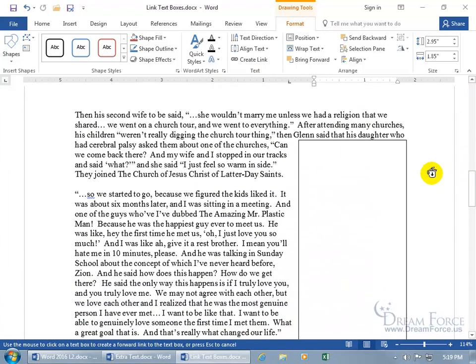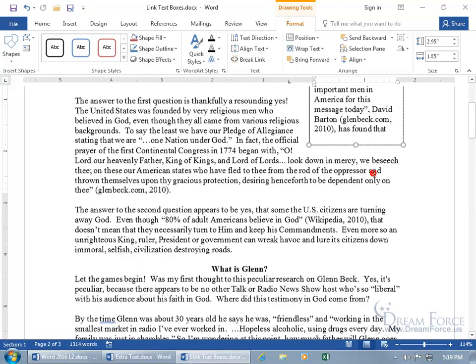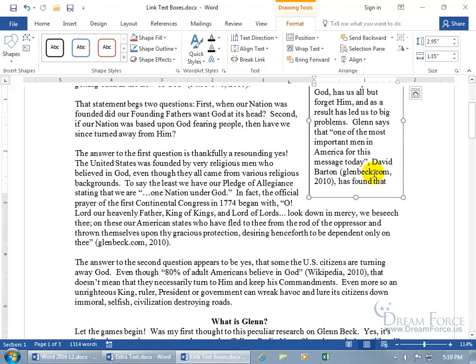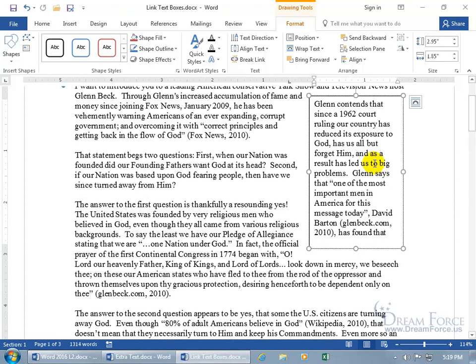And then when I move my mouse, the bucket, over the text box, it'll automatically say, hey, we're ready, by tilting over, saying, look, this is a box you can go ahead and link to. Click on it, blip, automatically dumped the text from the first text box, all that it couldn't squeeze in it,